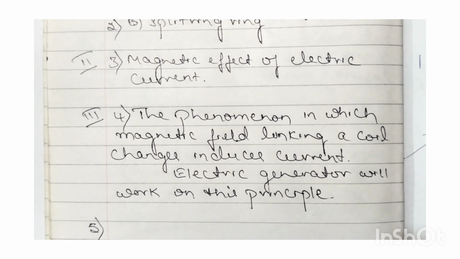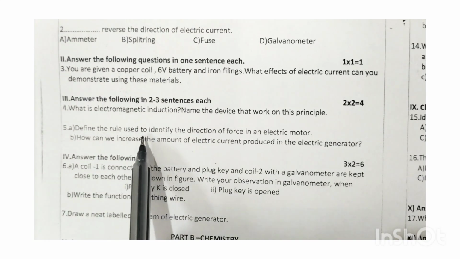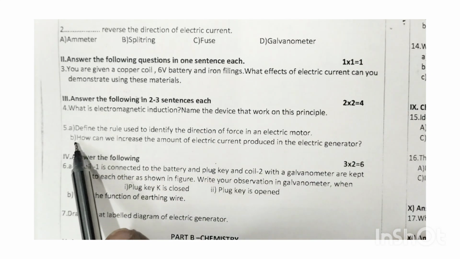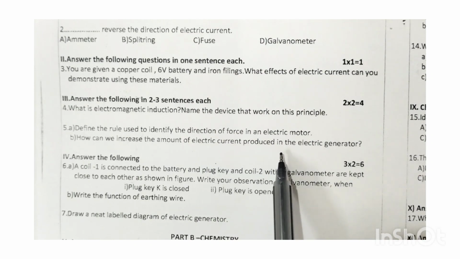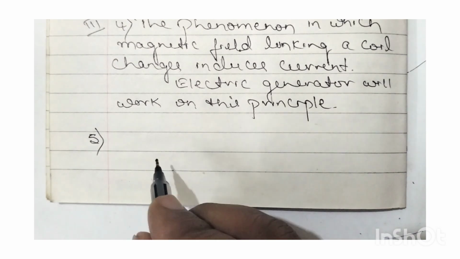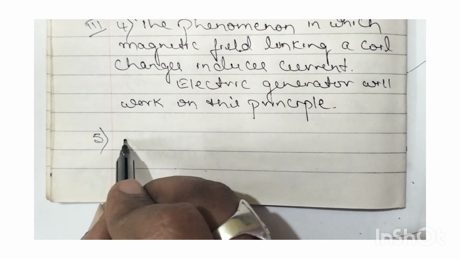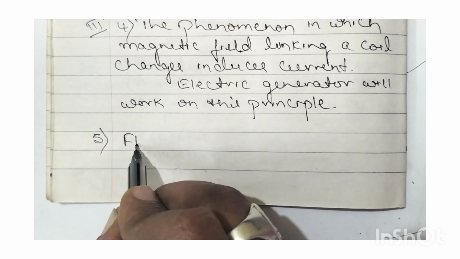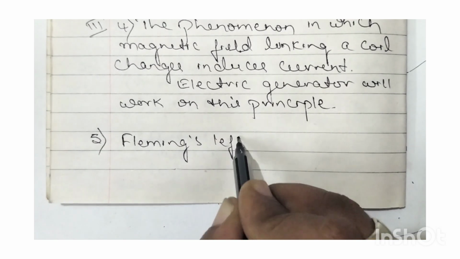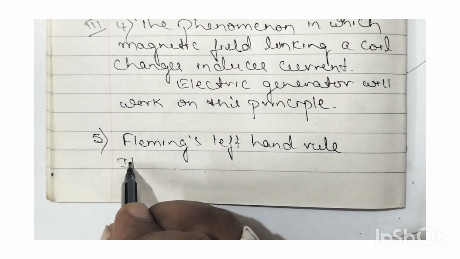So now let us move to the fifth question. So let us see what that fifth question is. Define the rule used to identify the direction of force in an electric motor. That is A question. B is how can we increase the amount of electric current produced in the electric generator. So now let us answer both questions. First one is define the rule used to identify the direction of force in an electric motor. The rule is called Fleming's left hand rule. So it states that